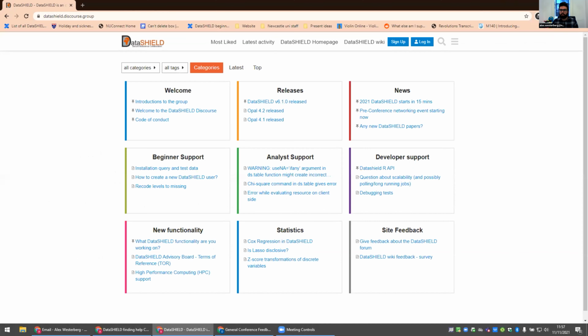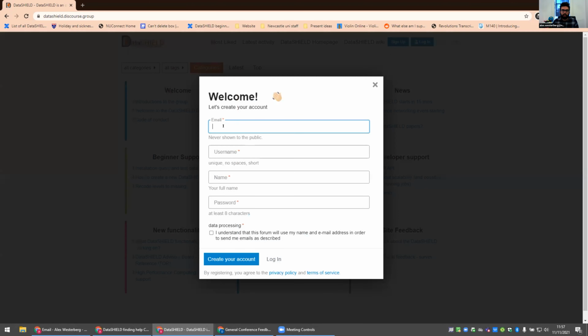So I'm in incognito mode, and this is what it will look like if you come here for the first time as a new user. The sign up button up here is very simple. You'll have to submit whatever email you're going to use. I've already got an account, so I won't do it right here. And then your username and password, and that creates very quickly and goes to your email, and that's how it's